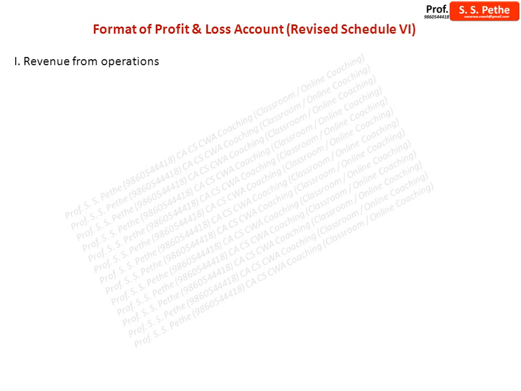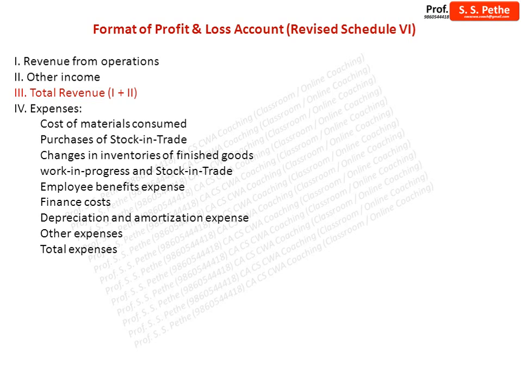There is a revised Schedule 6 of the Companies Act. Revenue from operations. This is the first item. Then other incomes, and that will give you the total revenue. Now you have to mention the expenses. Expenses will be mentioned under the following heads: cost of materials consumed, purchases of stock in trade, changes in inventories of finished goods, work in progress and stock in trade, employee benefit expenses, finance costs, depreciation and amortization expenses,